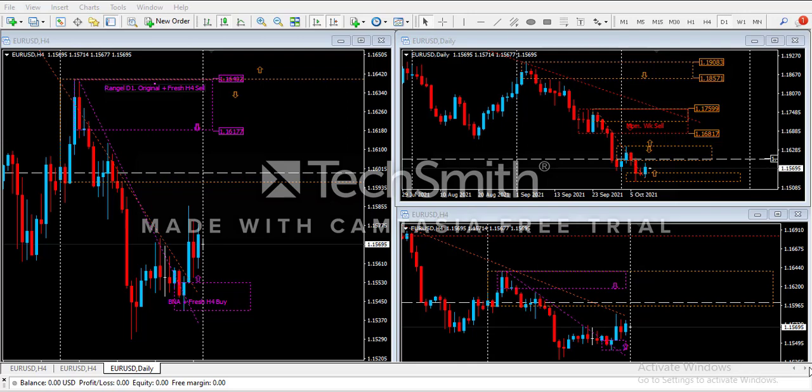Okay, we can start. Our first pair is Euro USD, Euro Dollar. So the pair is in a phase of daily trend change, after which the price is expected to continue the upward correctional movement to the supply area 1.1681, 1.1759